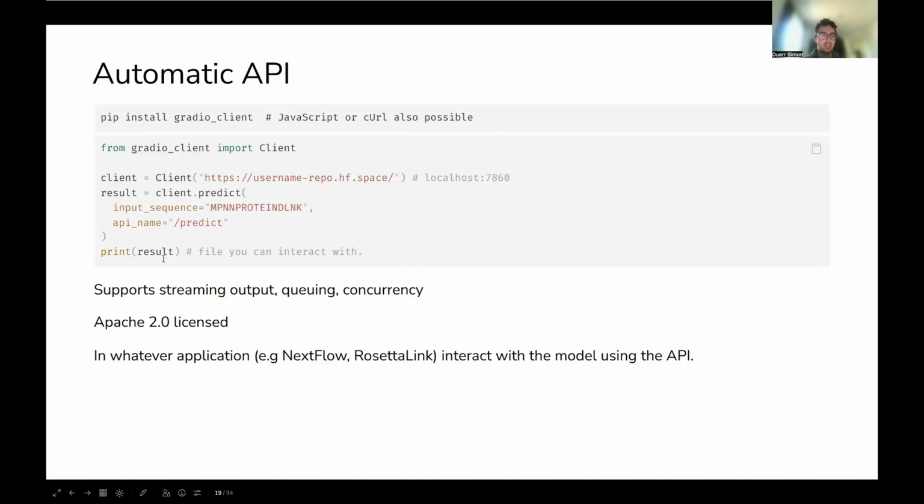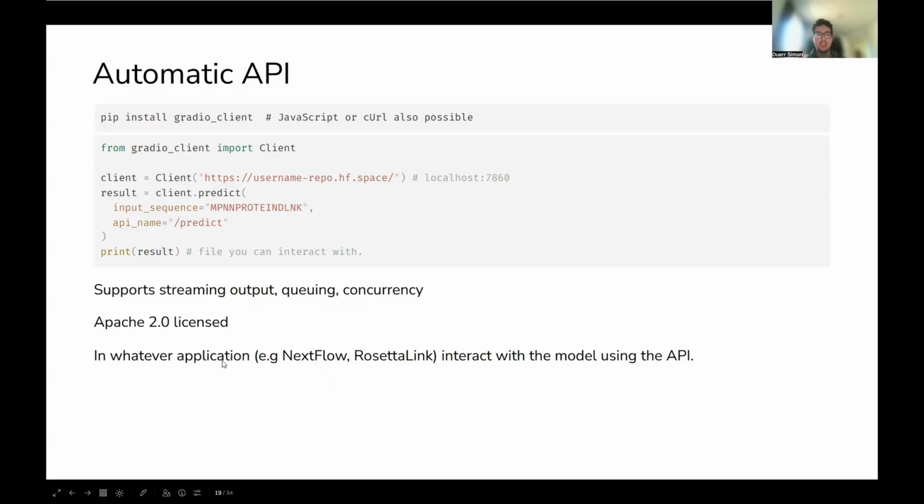And there's a lot of nice features. So basically, by default, these Gradio apps support streaming output. There's a queuing system. So for example, if you have one node that is doing all your ProteinMPNN jobs and you submit hundreds, then automatically there will be a queue and they will be processed one after the other, or you can also set some concurrency and so on. This is all integrated. And most importantly as well, the whole framework is open source. So it's not dependent on someone abandoning the project, and then all the effort that we put in it is basically lost. This can happen with some Google products, I've been told.